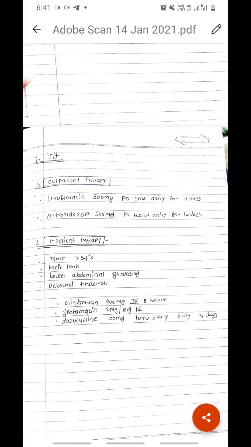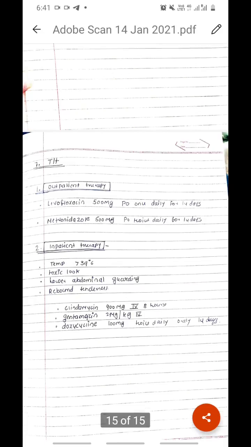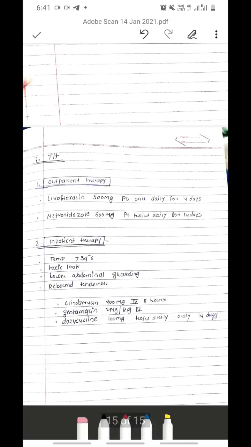Now treatment. I have divided this into two parts: outpatient therapy and inpatient therapy. In outpatient therapy, we can give levofloxacin 500 mg and metronidazole. Okay, or if the patient is having more than 39 degrees Celsius temperature and looks very toxic, rebound tenderness is there, so we go for